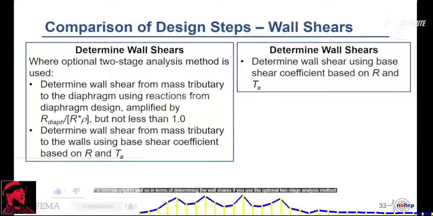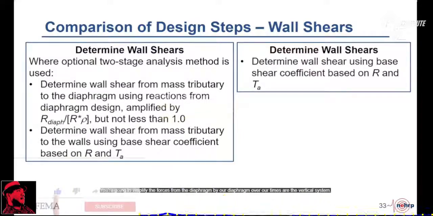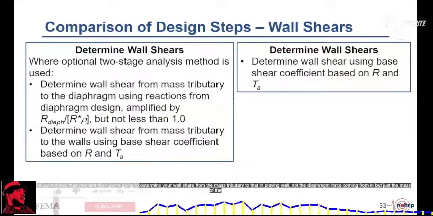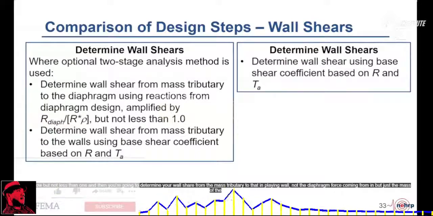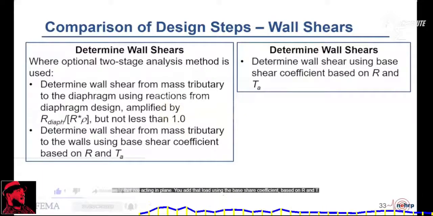So in terms of determining the wall shears, if you use the optional two-stage analysis method, you're going to amplify the forces from the diaphragm by R diaphragm over R times R of the vertical system times rho, but not less than 1. And then you're going to determine your wall shear from the mass tributary to that in-plane wall, not the diaphragm force coming in,